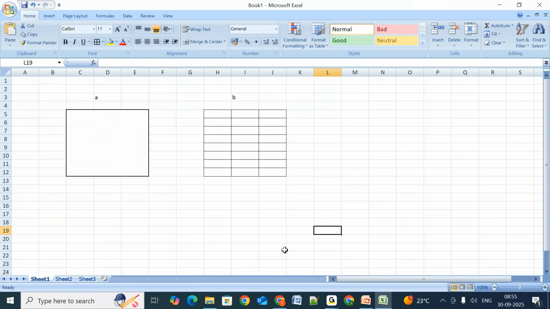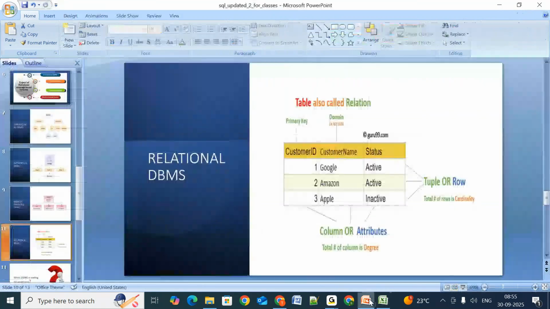Okay, whether you call them rows or columns, attributes or records, anything is fine. Attributes are nothing but columns, and rows are also known as records. Why am I telling you all these four words? Because in the industry people are in the habit of calling them attributes and records. Maybe I have mentioned it here.